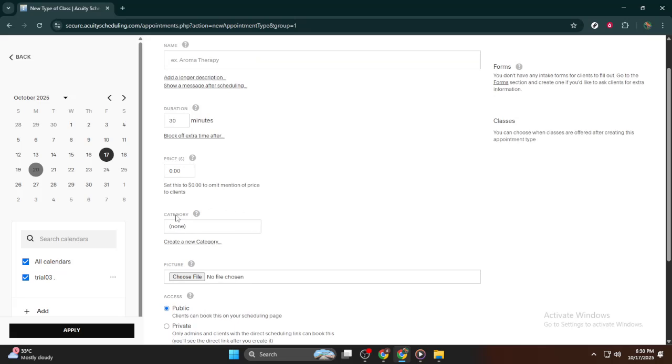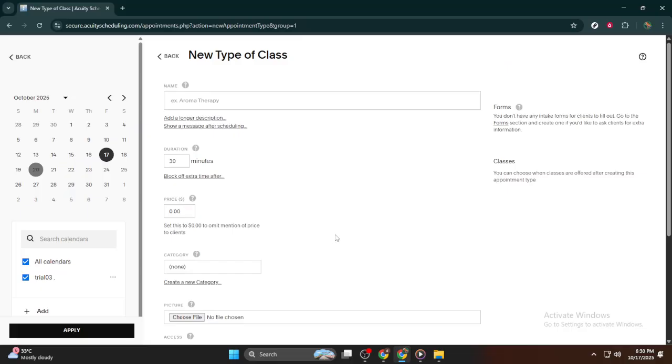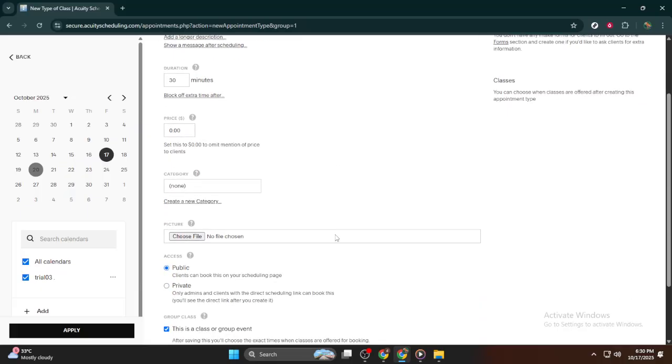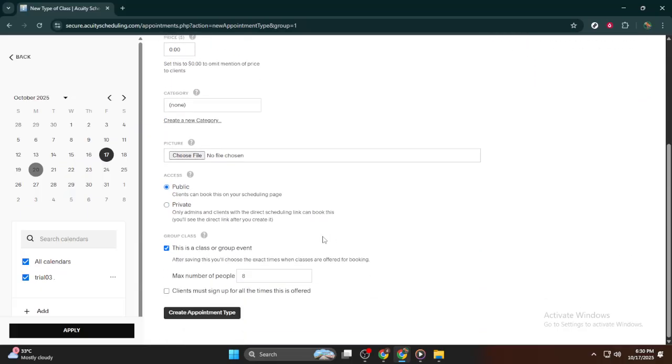If your class isn't a one-time event and instead involves a series of sessions, there's a handy feature for that. Simply check the box that says, "Clients must sign up for all the times this is offered." Once all your details are in place, click on the button that says Create Appointment Type to finalize and save your setup. Now your class is ready, but we still need to offer and schedule the sessions for clients to